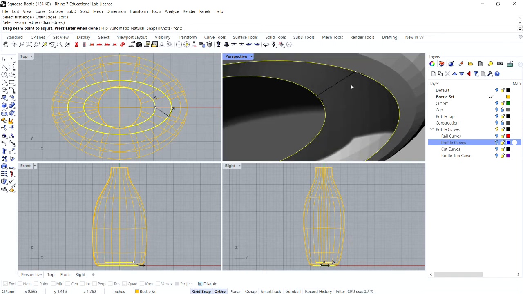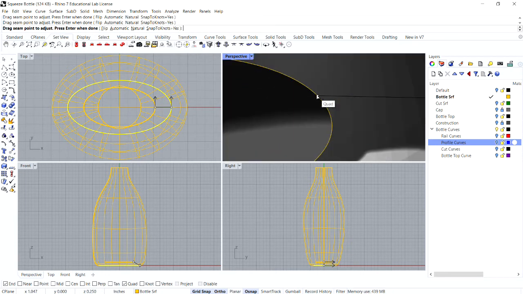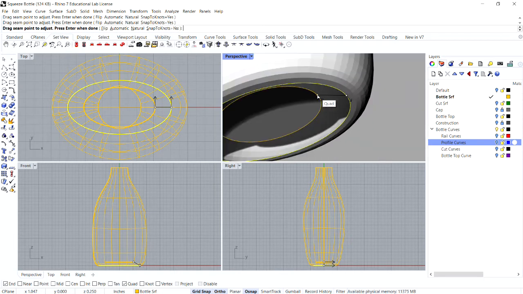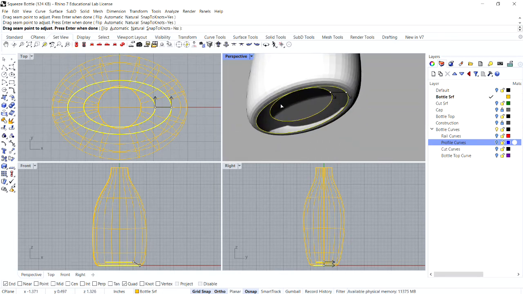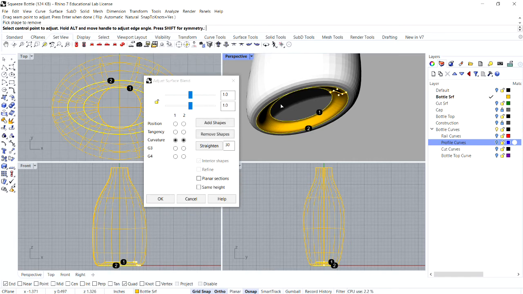Next, you might want to zoom in for this part, because now we need to drag the seams so that they are in the same place. In this case, I'm going to be lining them up to my quadrant O-snap, so I'm going to go ahead and turn that on. Make sure that box is checked, and that way you can grab that O-snap when you get to it. There we go. This seam seems to be already on the quadrant O-snap, so I'll leave that be, and now I can hit enter.